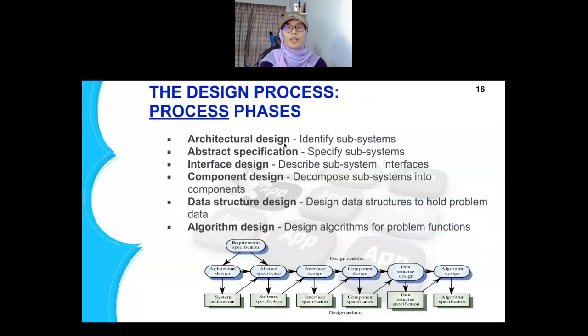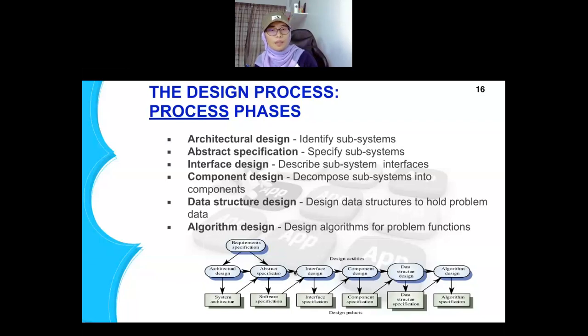Okay, so architecture design, identify subsystem. Abstract specification, specify the subsystem. Interface design, the user interface, describe subsystem interface. Component design, decompose subsystem component. And data structure design, design data structure to hold problem data. And finally, algorithm design is the coding part. So if you see the figures here,